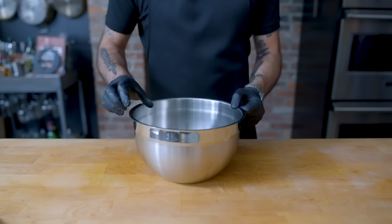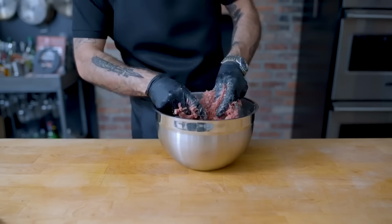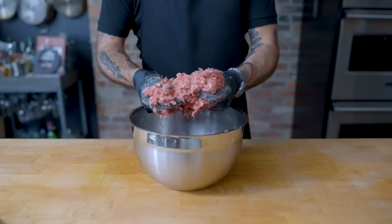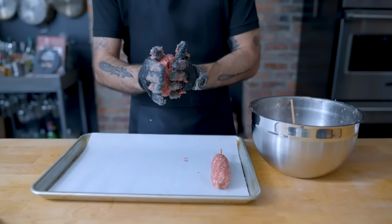Now it's time to make paste. And I mean that quite literally. You really want to massage the hell out of this stuff. Sort of the opposite of what you would do with a burger, this is going to make the meat cook up firm and tight, which is going to help it stick to the stick, upon which we are now going